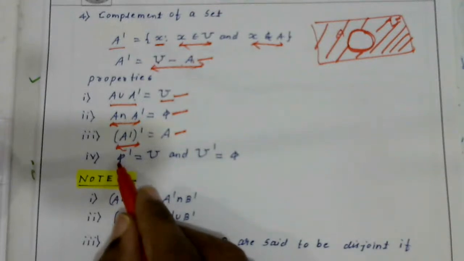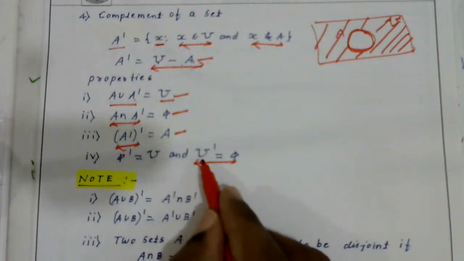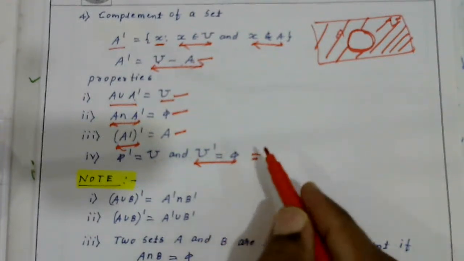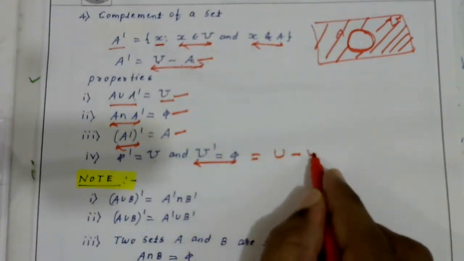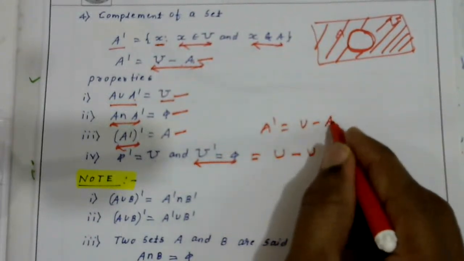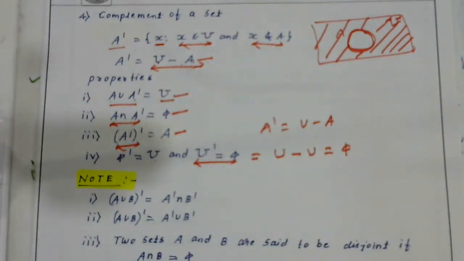Null means nothing; its complement will be everything. So U dash equals null. U means everything; its complement will be nothing. Or U dash you can also write as U minus U, because A dash is U minus A. So U dash is U minus U, which equals the null set. And two important laws, that is